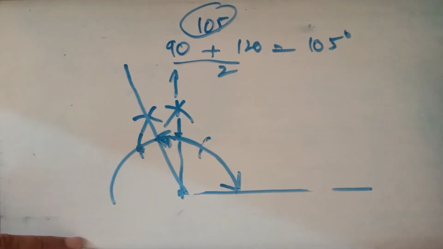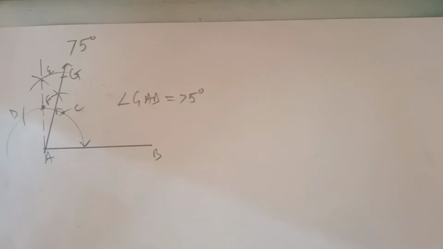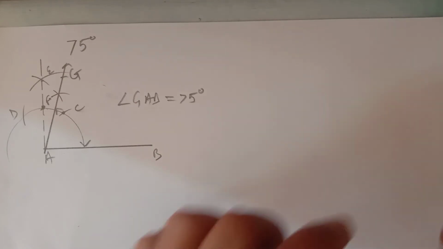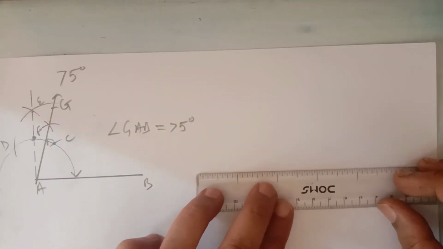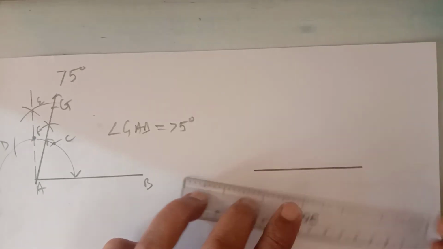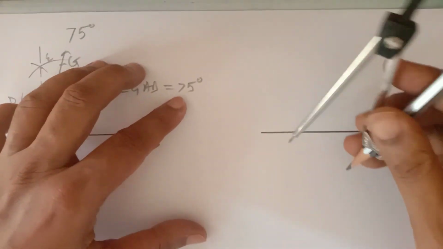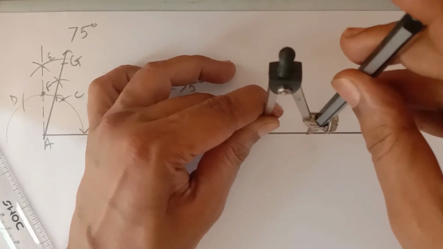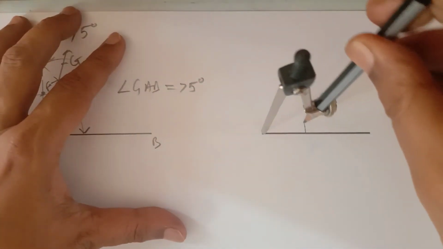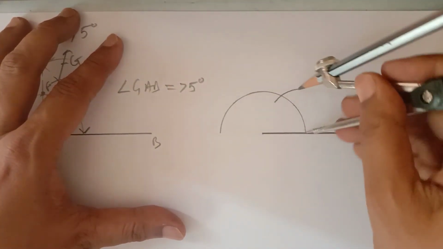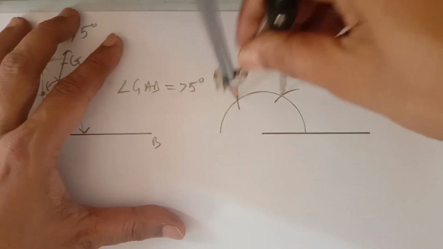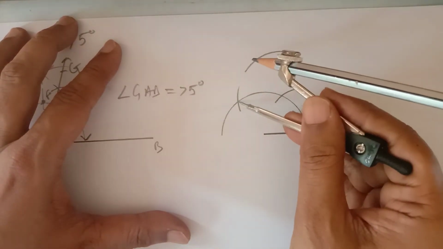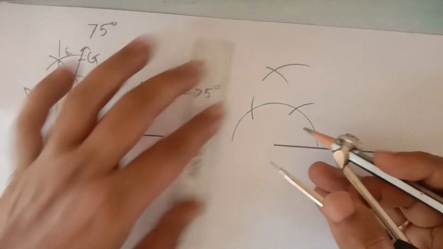So you have to bisect this 90 degree and 120 degree to obtain the angle of 105. So it means to construct an angle of 105, you have to make an angle of 90 degree as in case of 75. So as usual, first of all, you construct a 90 degree angle. So we are drawing the 90 degree angle and will bisect the 90 and 120. So with this as center and suitable radius, you know how to draw the 90 degree angle. This is 60, you know it. When you put it here, you'll get 120.